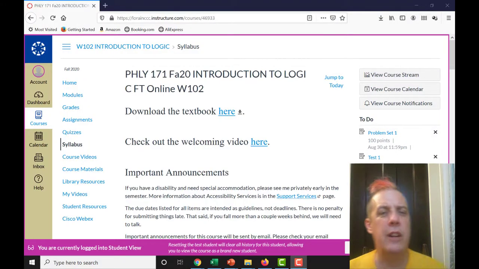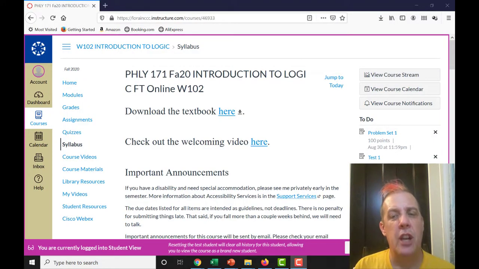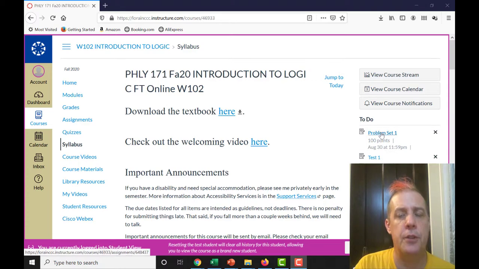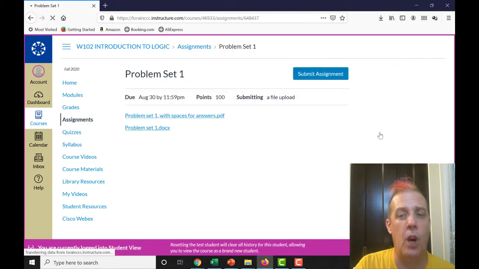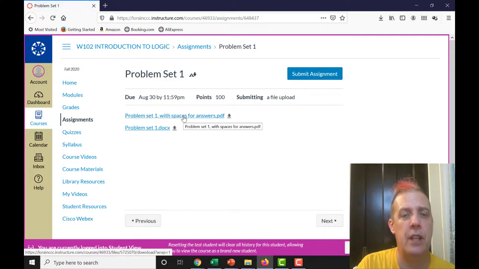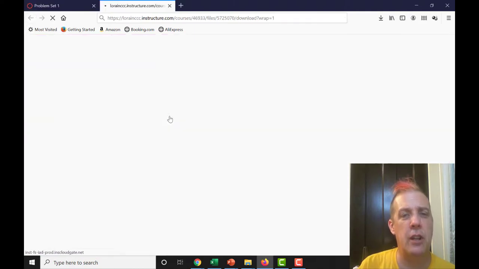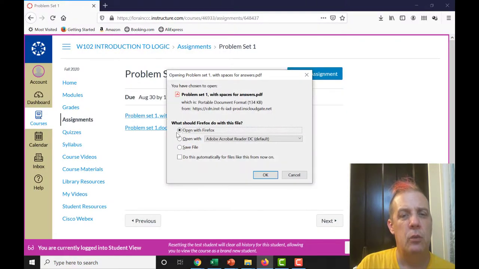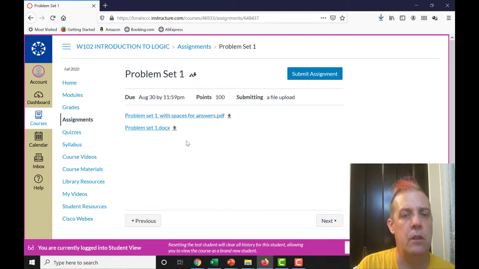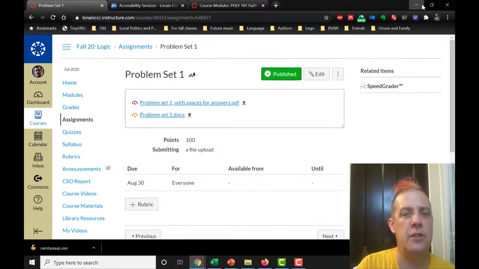Okay, so here we are in Canvas again on the first page. And if you want to submit a homework assignment, you can actually just go over here to your to-do list and click on problem set 1. And what you'll see is you've got two options here. You can download it as a PDF file or as a Word document. So if you download it as a PDF, we'll just save it to the desktop. And then you can see